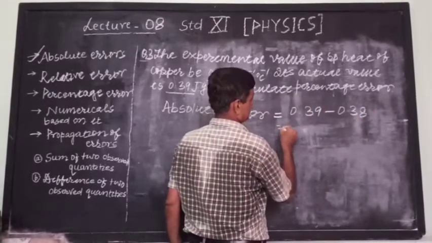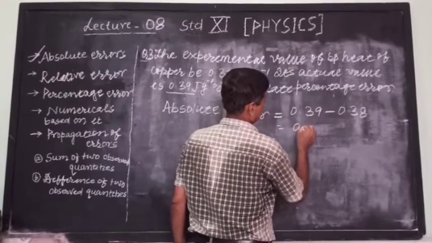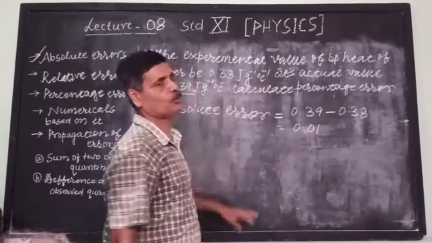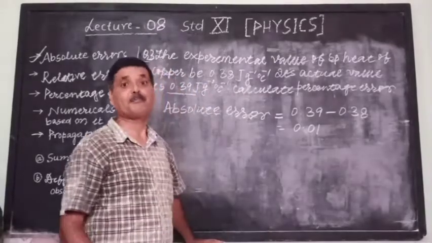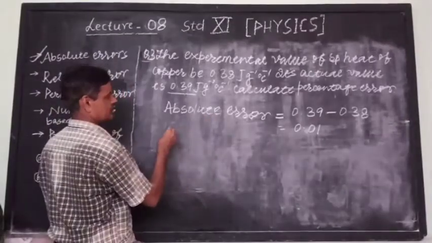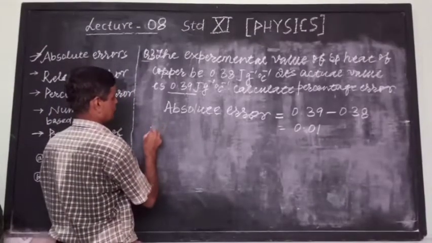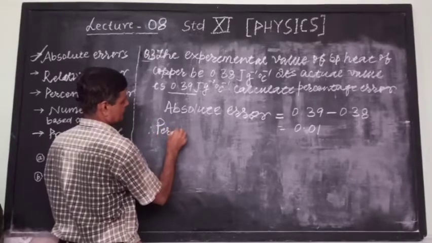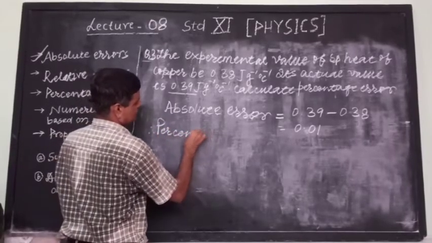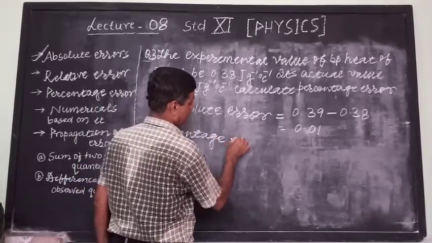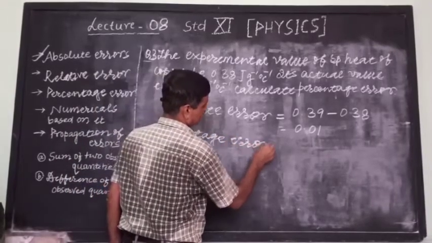What will be the difference? 0.01 joule per gram per degree C. We have to calculate percentage error. Therefore, percentage error can be written as